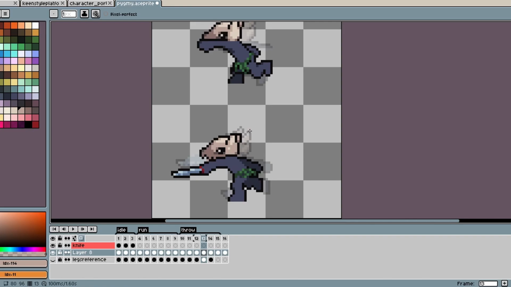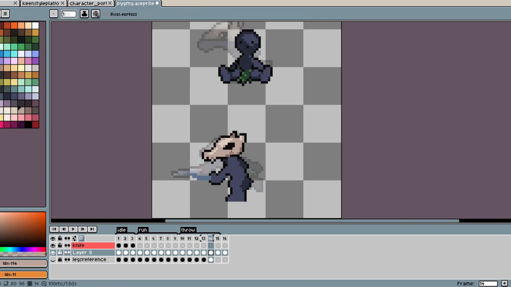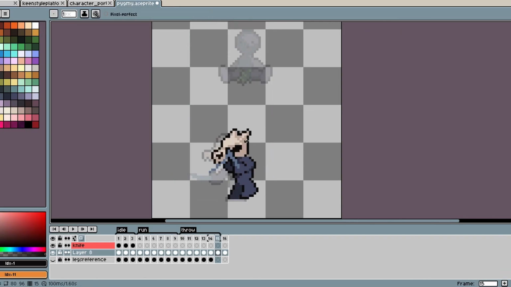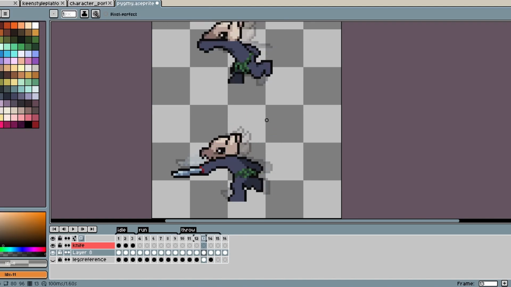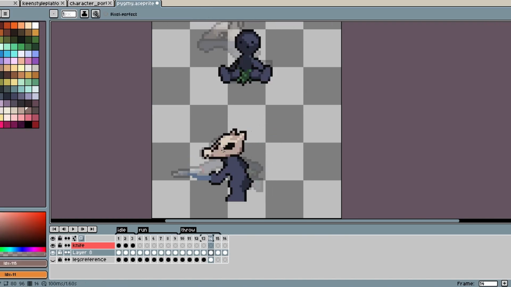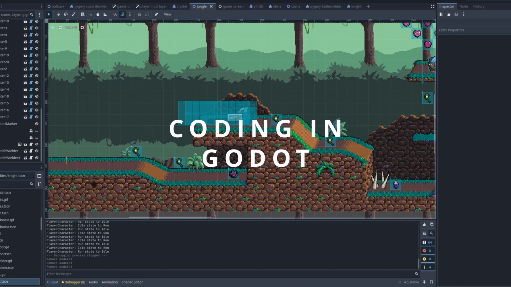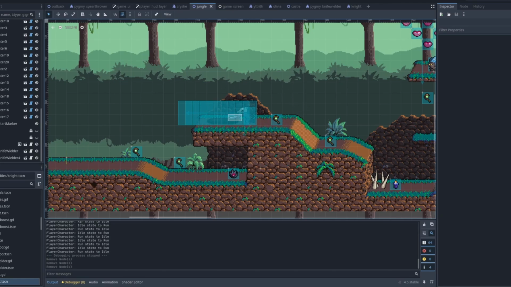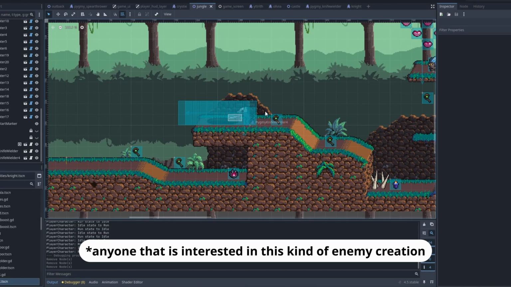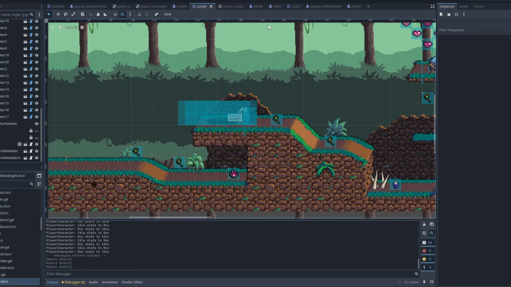At this point the animation is just about done and I'm just refining the shapes and adding detail. I'm just going to go over how I made my new mob for my game. First I'll go over the node setup, then quickly over the state machine, the stabbing attack. This is not really a tutorial, but it's sort of like a devlog and for anybody who's interested in how to get this to run. So anyway, let's just go to our